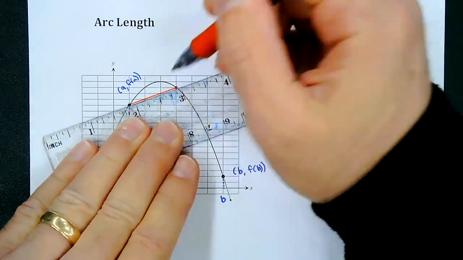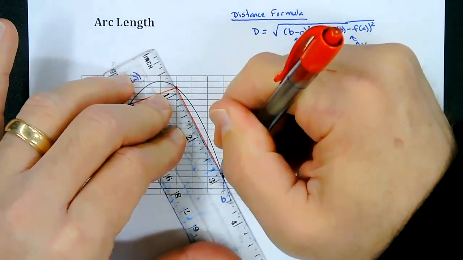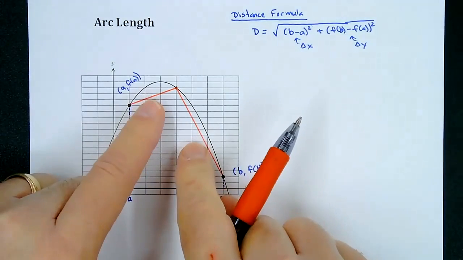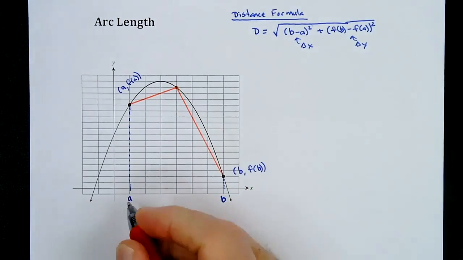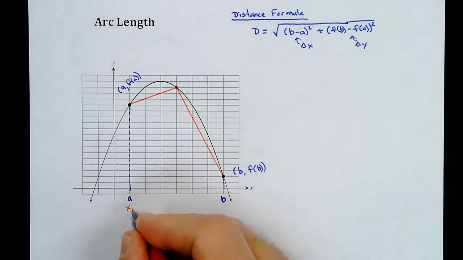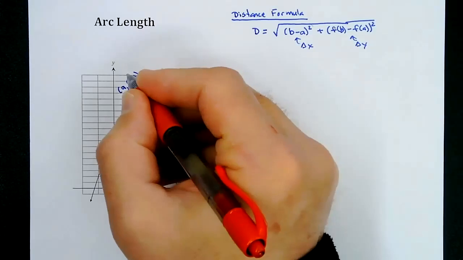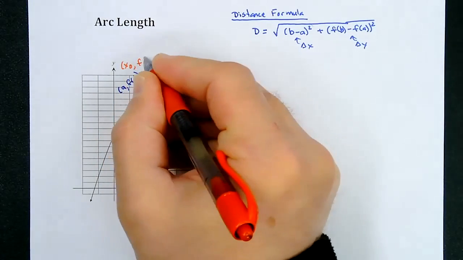And we have to start kind of small and simple to understand this. All right, so I have 2 distances that I need to find, and I need to add these together. Now I'm going to change this a to x sub 0 because it's going to make more sense to do that. All right. And so this point right here is now going to be x sub 0 comma f of